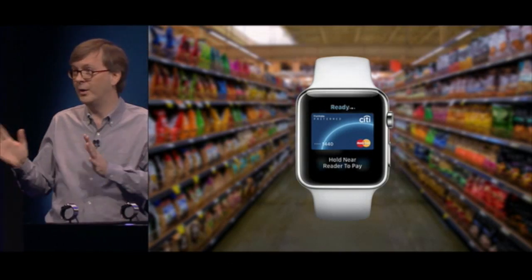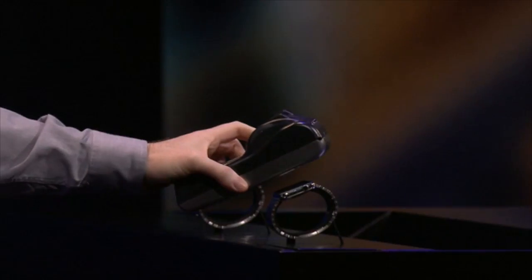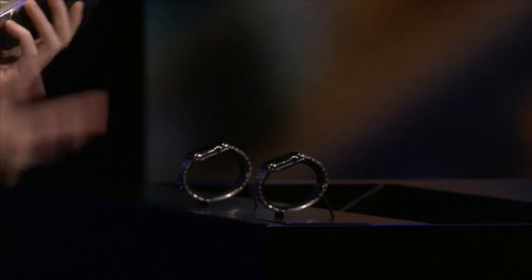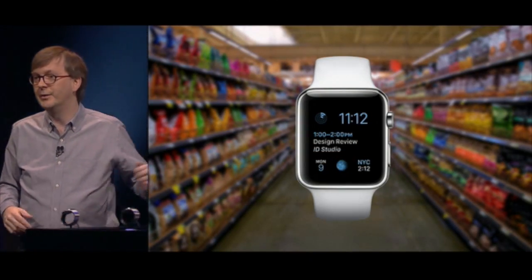Now, since we're not actually at Whole Foods right now, I have a merchant terminal right here. This is a little handheld one. So when you put your watch next to the scanner, it'll do this. That's it. You're done. Super easy to use Apple Watch. And you don't have to...